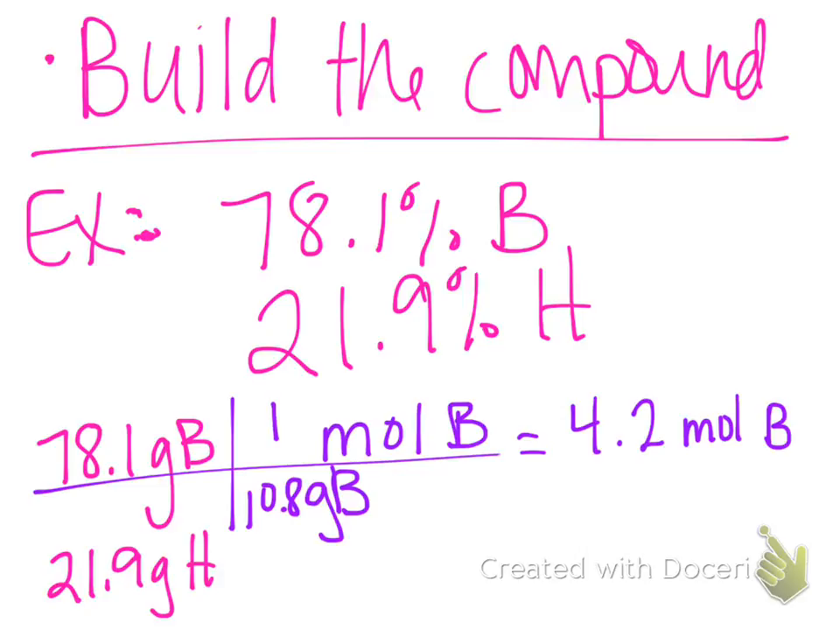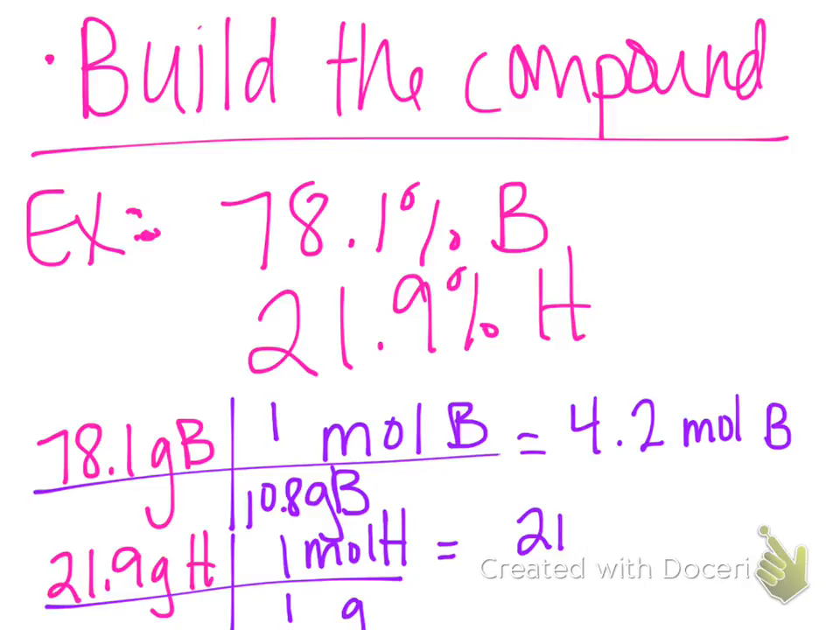Okay, so in this sample, I've got 4.2 moles of boron. My hydrogen conversion is going to be pretty easy, right? Grams to moles of hydrogen. What's the molar mass of hydrogen? 1. Okay, I'm going to even leave that there, which gives me 21.9